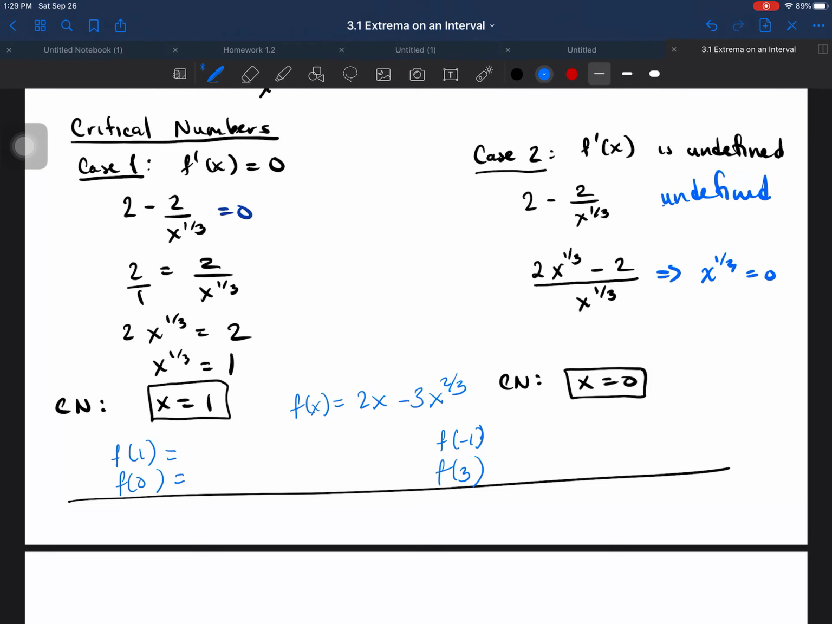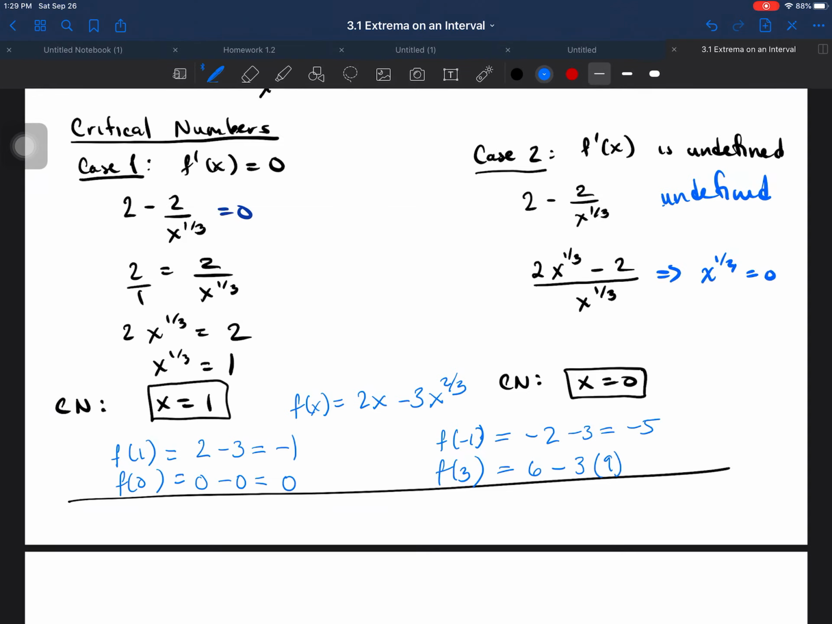So you plug in a 1 there, this will give you 2, and this will give you -3, which gives you -1. Plug in 0 there, this will give you 0, minus 0 gives you 0. Plug in -1 here, this will give you -2, this will give you positive 1, and then times -3 will give you -5. And when you plug in 3, this will give you 6, and this will give you -3 times